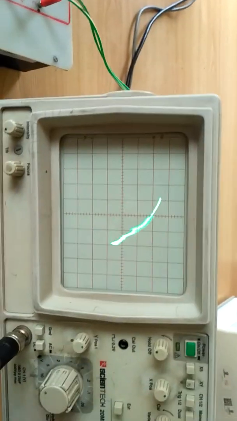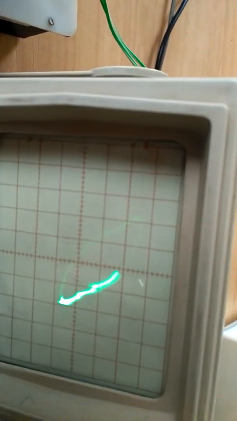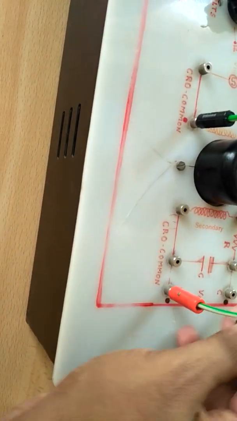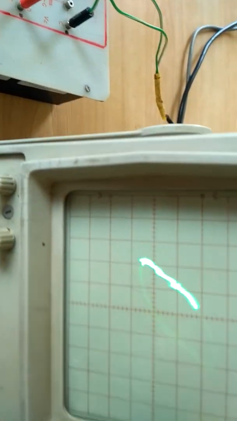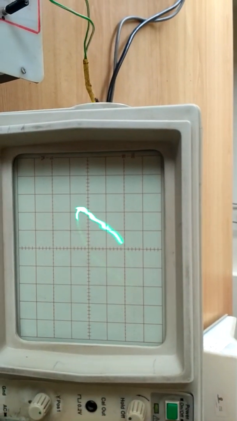So once you set it to the respective values, we will get it. This is flipped. So I will just reverse the connections across your capacitor. So you will get your hysteresis curve on your display.